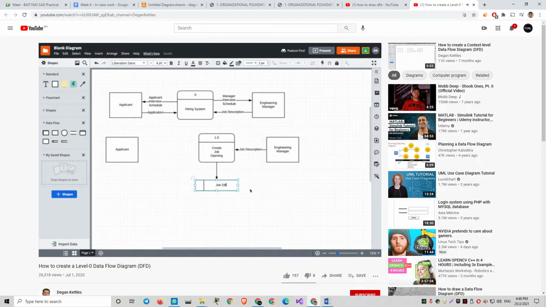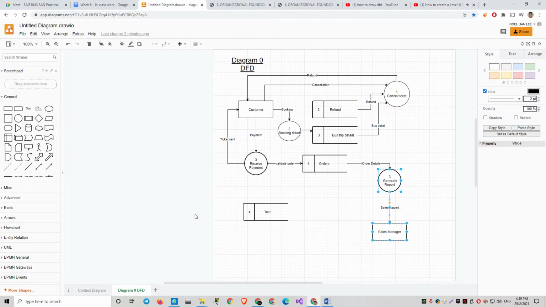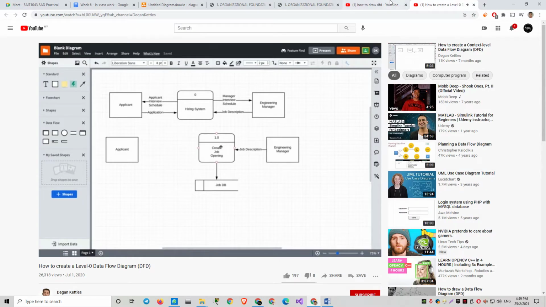Now, we don't put data stores on context level diagrams because that's too much detail. But we do start to put them on level 0 and below diagrams. Okay, with that, we're done with the process for creating a job opening. Another process that's part of the hiring system is